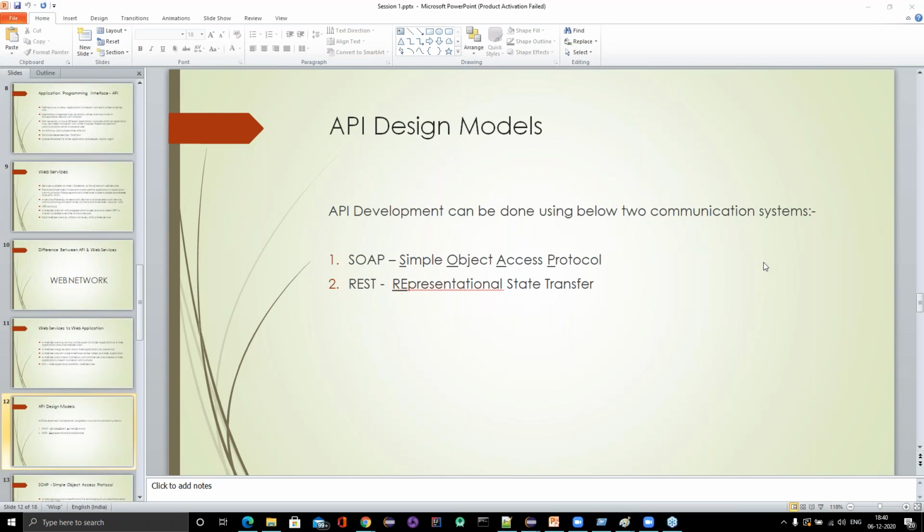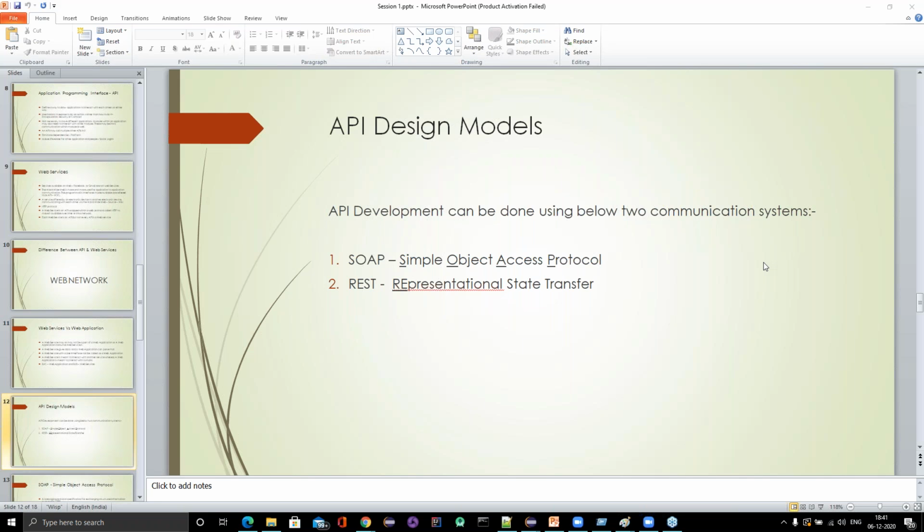Similarly, if you want to develop an API, there are different design models. Two design models are famous, called SOAP and REST. The full form of SOAP is Simple Object Access Protocol. I also didn't understand what Simple Object Access Protocol is, let's wait. Another is called REST,